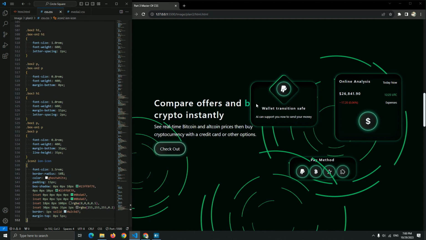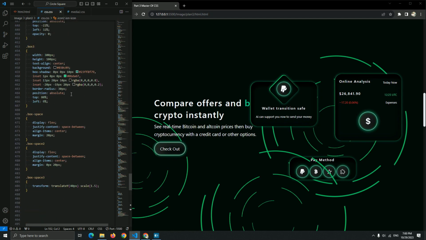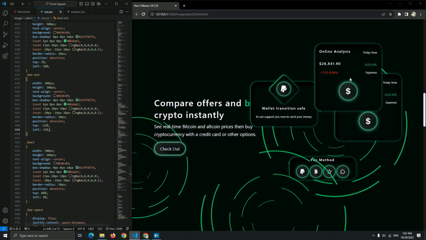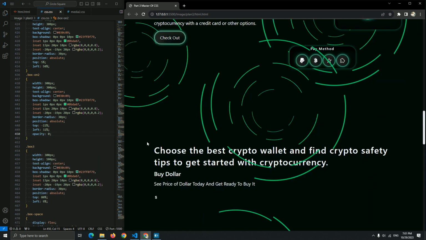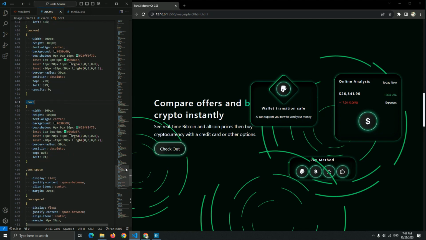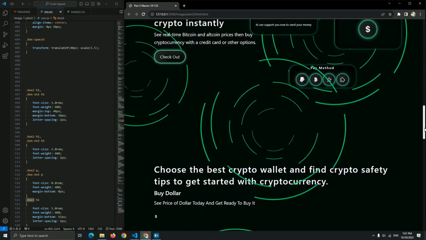Yes, this is box 1, box 2 and box 3. And if I want to show you the box on 2, let me see if we have any problem. As you can see, this is box on 2, and we add animation to change opacity, to just keep changing for this box on 1. Okay, now let's go to the next page, guys.